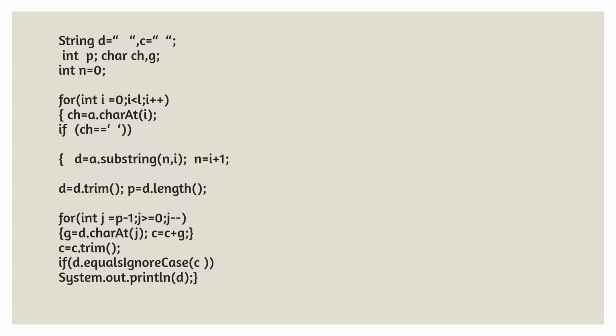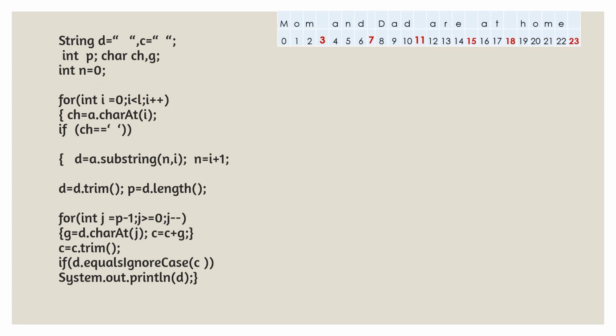We can see how it is working, and find the length of the string. Here I have declared the variables. We will discuss the purpose in the program later. So we can start discussing from this one. The starting number I have stored in the variable n, n is equal to 0. And now we can start the loop for extracting the characters from the sentence: i is 0, i less than l, i plus plus. ch is equal to a.charAt(i); ch I have declared here as a char.